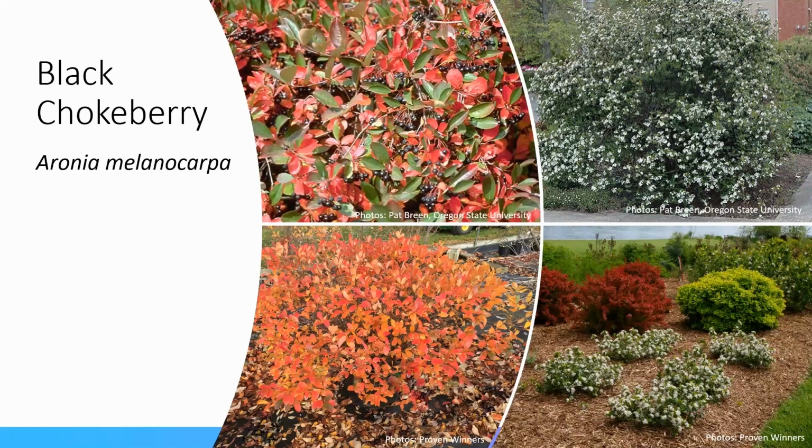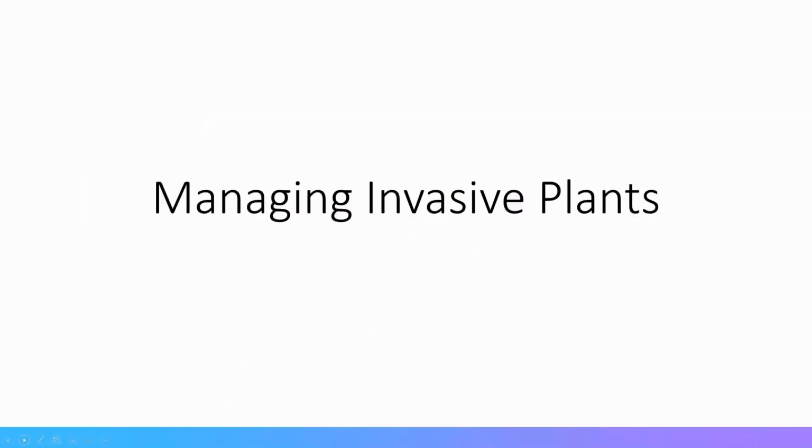They have developed dwarf versions of this black chokeberry. That's pictured in the two pictures on the bottom of the screen. So you can see on the left it still has that fall color, still develops the berries, still has the white flowers there on the right side of the screen. The name of that black chokeberry is Low Scape Mound. That is the cultivar name. And you can get the straight large black chokeberry species, or you can look at those dwarf cultivated versions right there, depending on what size will fit your yard. All right. That is an example of some of those species of concern.